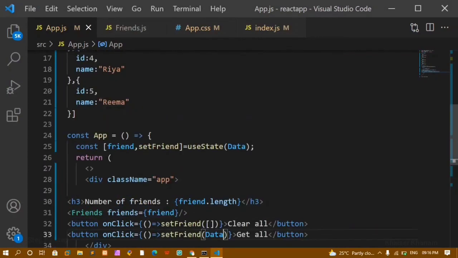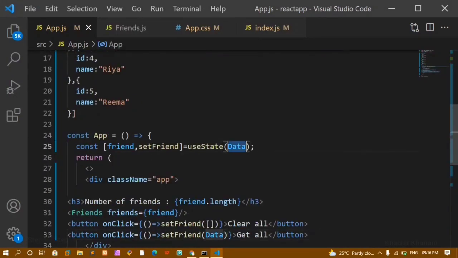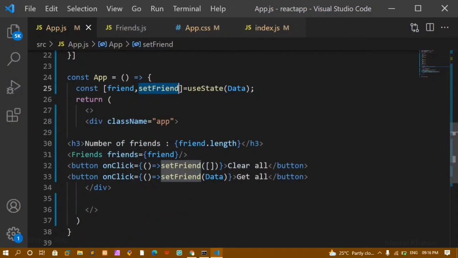This is how we are going to pass props. This is our array of objects. We are just passing array inside this use state, and this will be the initial data for this variable. And whenever we click on the button, we are just updating that one. We are just emptying the array for clear all button, and again we are passing the same data, same values inside this button. Whenever I click on this button, I am just updating this one, and now this updated data will become the initial data for this one, and that will be printed.